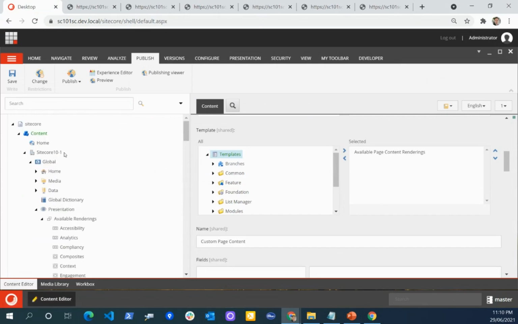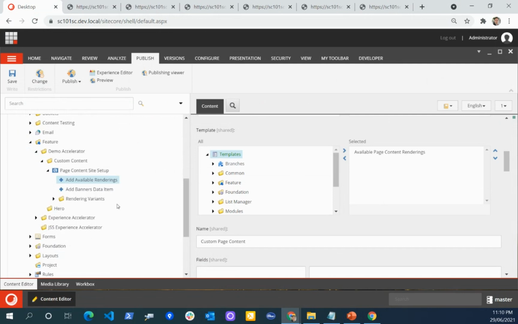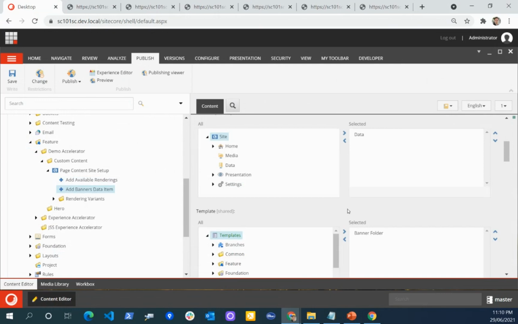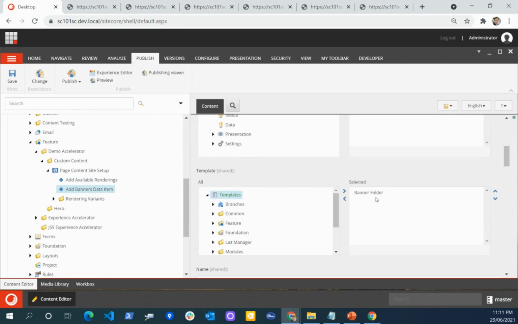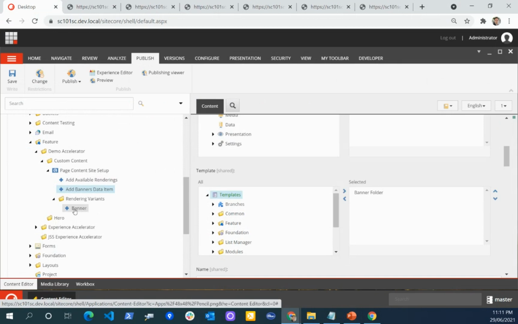That is the first step. The second is, of course, I want to create the data folder. When I choose the component, I would like to see the scaffolding, the data folder. So the second setting is what location you want to create it in, and by using which template. These are the templates we'll have a look at. And for this component, what would be the rendering variant? We define the rendering variant here. Now, this is for the simple component. For the composite, of course, you would need more steps and more configuration.